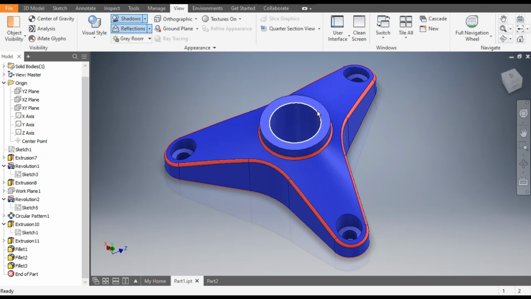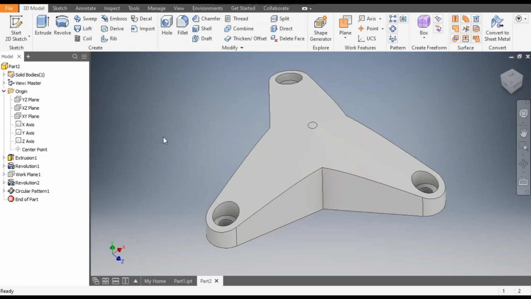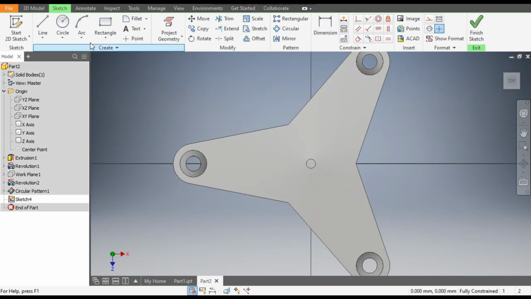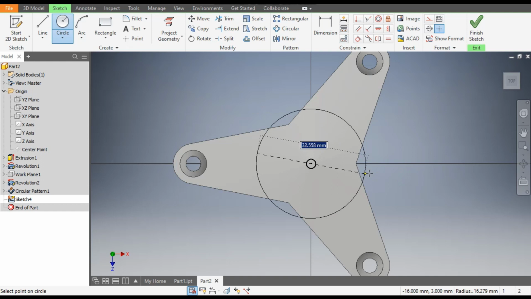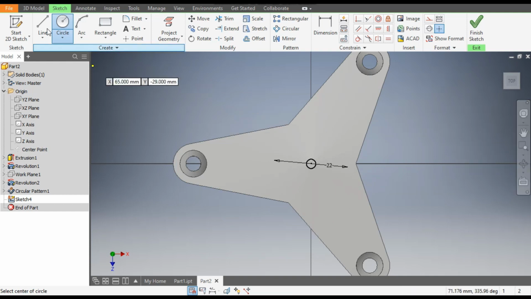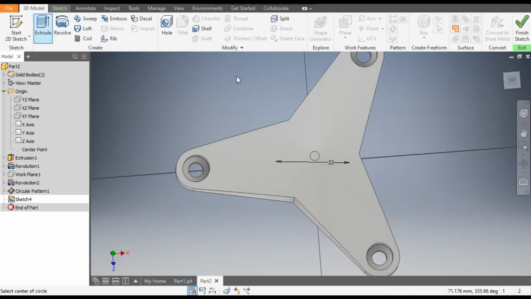Now a circular profile is being made here. So we will take the XZ plane, go to create sketch, go to circle command. From this center point, make a circle of dia 22. Go to 3D model, extrude,